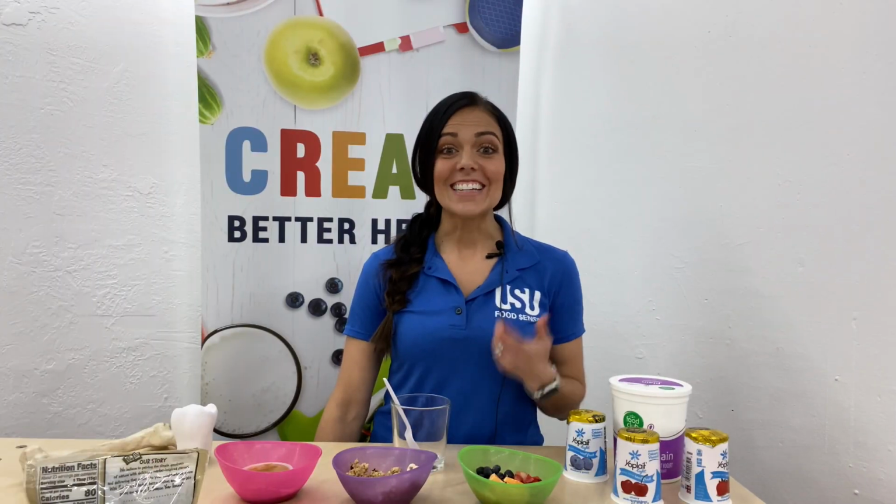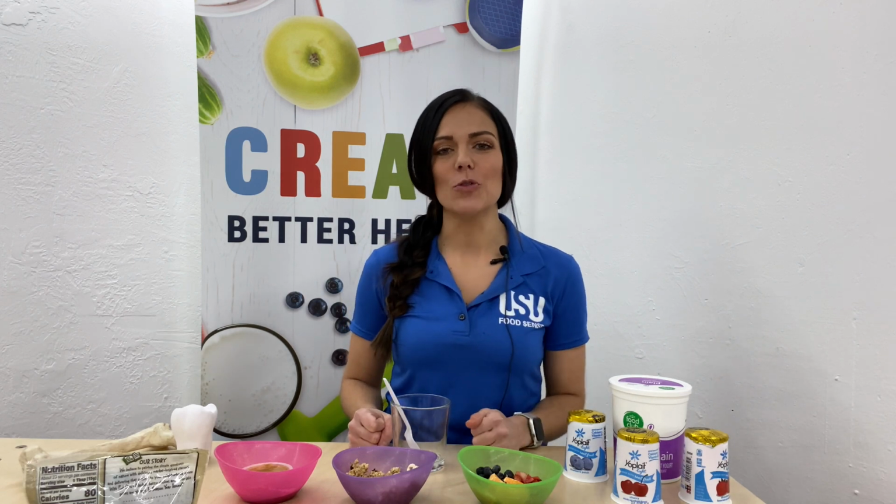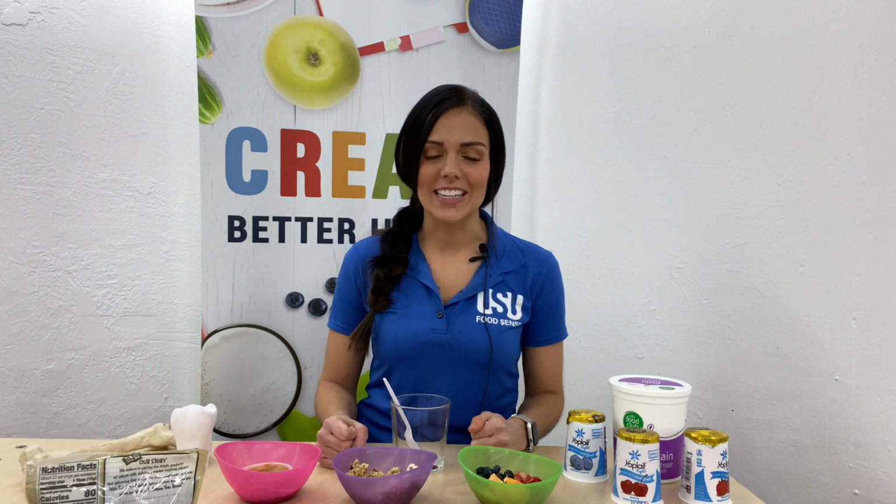Today for our snack demonstration, we're going to be making yogurt parfaits. This is probably a recipe you've made before. It's very simple, but I want to show you how versatile it is and how you really can create any delicious combination. So to make a yogurt parfait, if you're not familiar, first you obviously need yogurt,